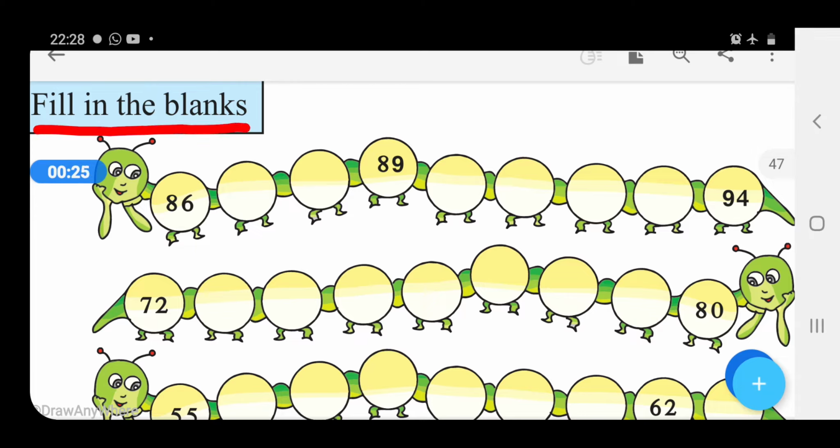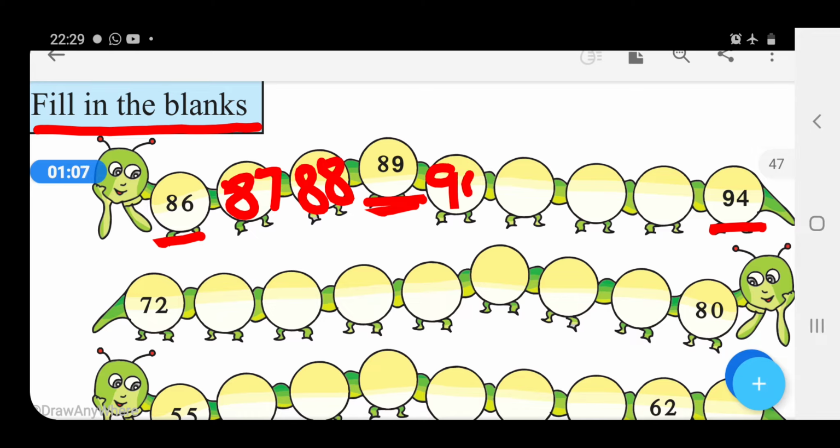Fill in the blanks. Here we have been given some numbers like 86, 89 and 94, and these numbers are in ascending order. So we will use the concept of forward counting for filling the blanks. Okay, and what comes after 86 in counting? It is the number 87, and after 87 it is the number 88, and after 88 it is 89, and after 89